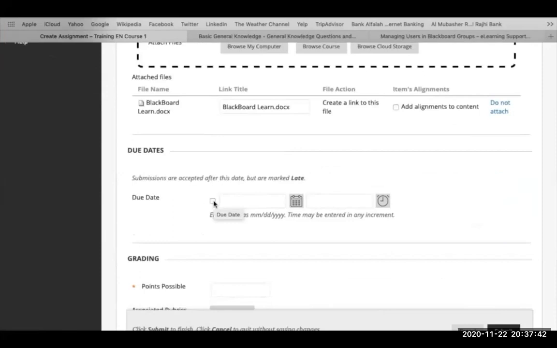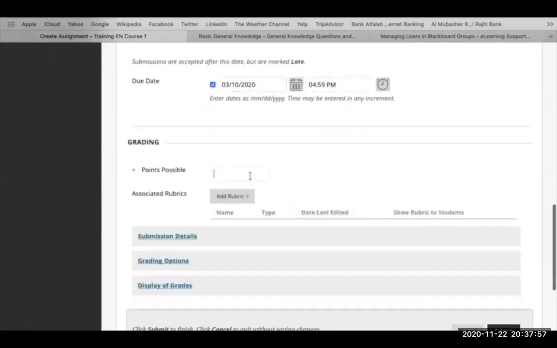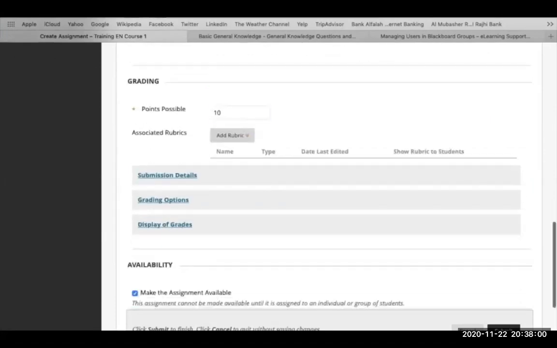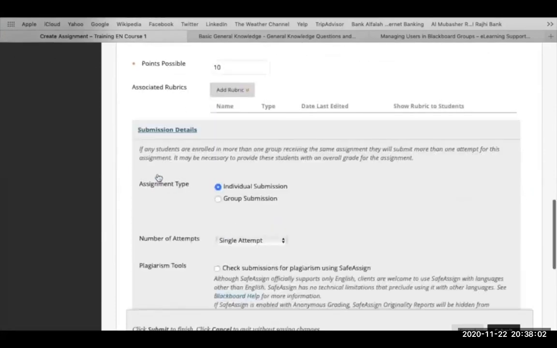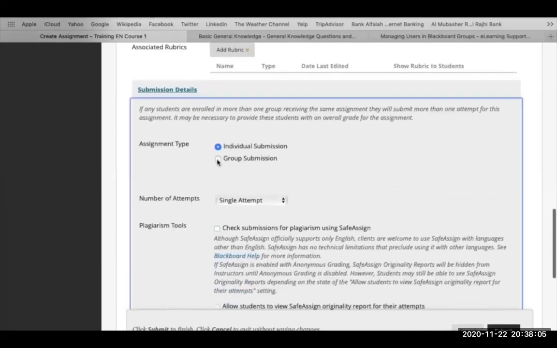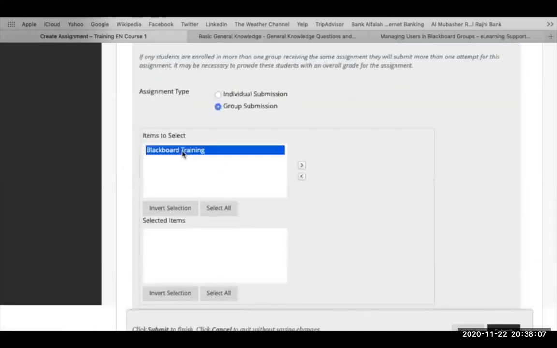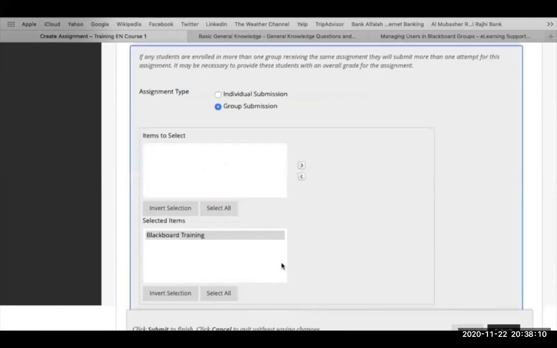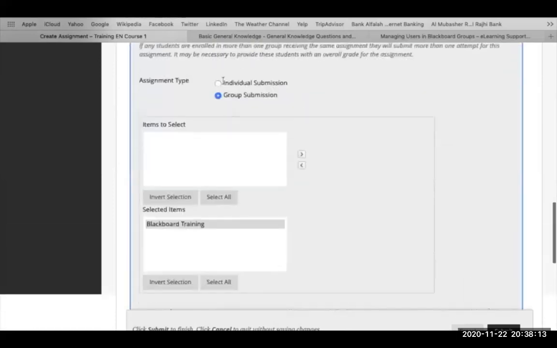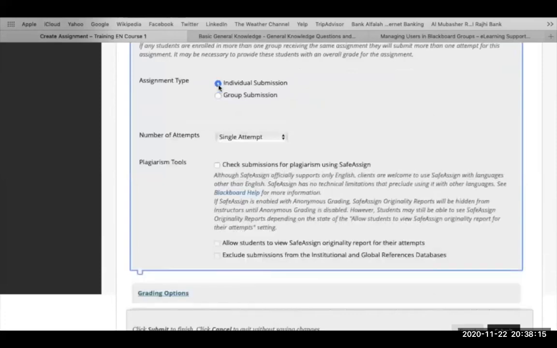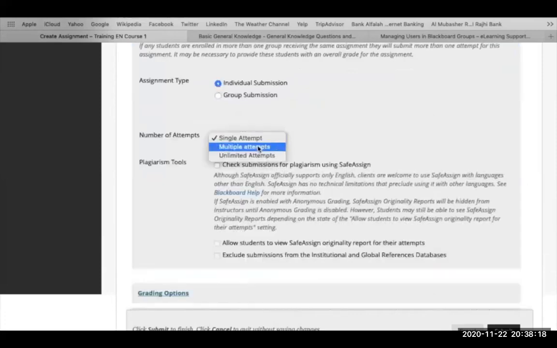You can choose the due date and time. You can select grading options as well. Submission details: individual or group submission. If you want to submit for the groups, select the group and click on the next button. If you want to go with the individual submission,